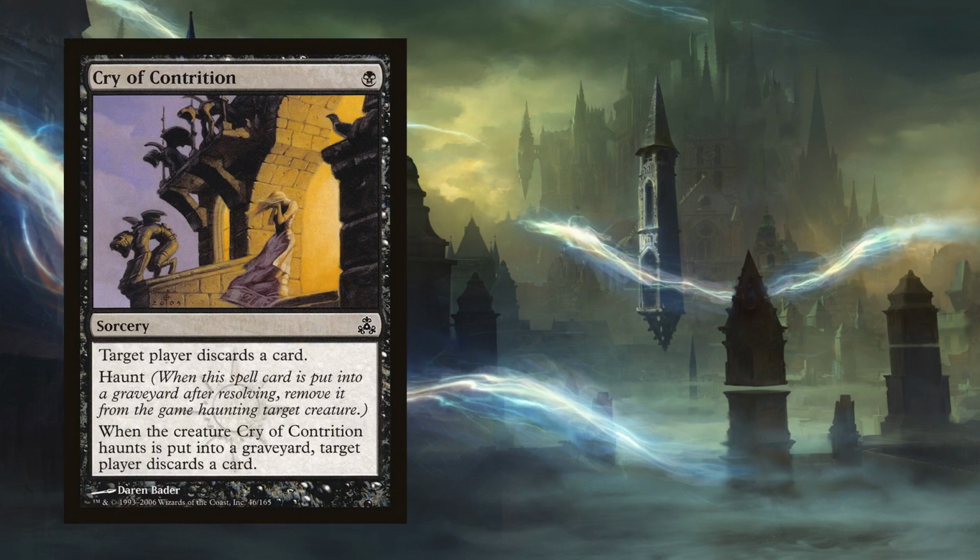Cry of Contrition is a black sorcery for 1 mana that has target player discard a card. When it resolves, it exiles itself and haunts target creature. This means that when the haunted creature dies, it will trigger 1 more time from exile, causing another discard effect. This is a very powerful and cheap 2-for-1 that surprisingly has not found its way into any existing meta decks. It's not always easy to net 2 cards with Cry of Contrition, but it's still fine if it only gets